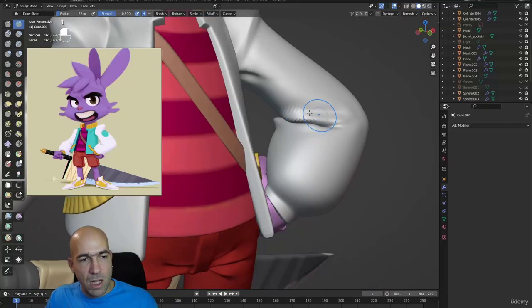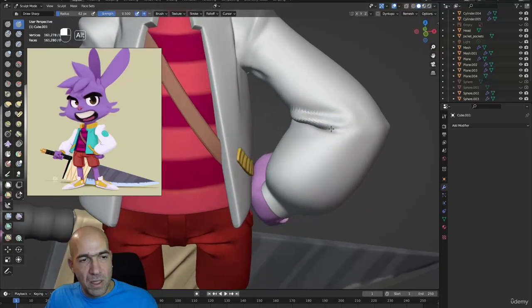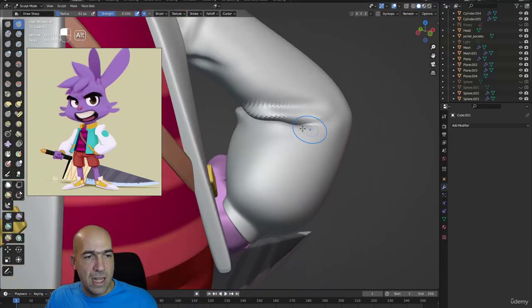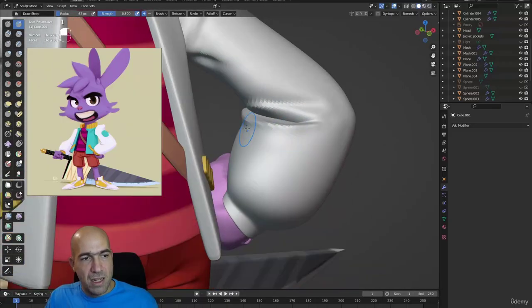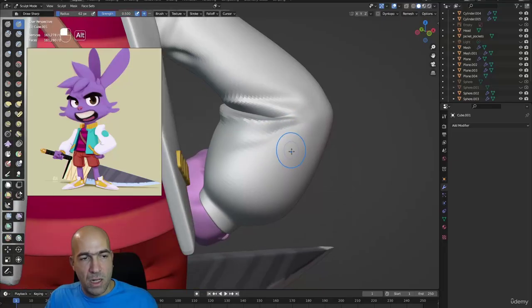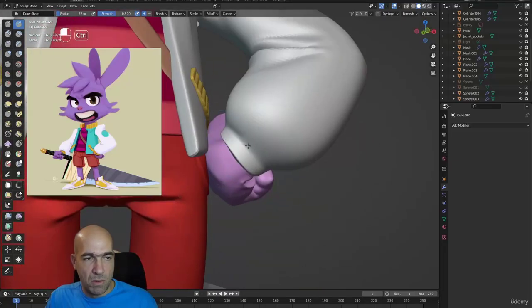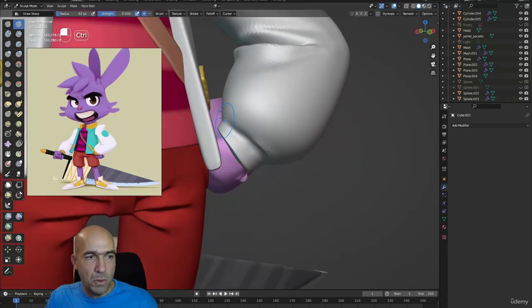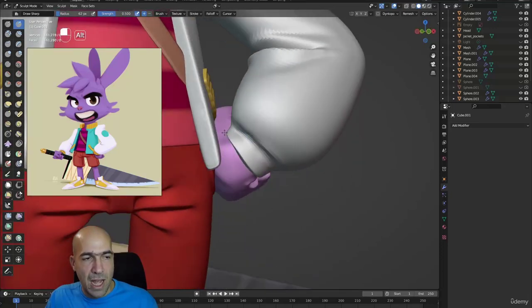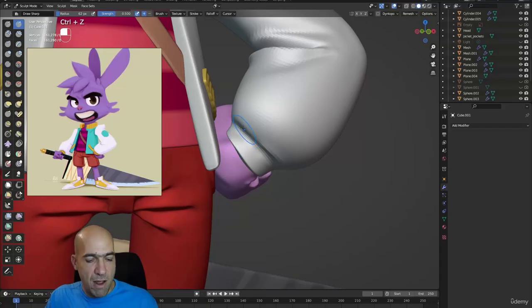If you make a fold, then inflate it, then sculpt it again until you have a nice result. It's not gonna be easy. It will take time, but at the end the result matters. Doesn't matter how much time you have put in. The end result is the most important one. So spend time, put time onto the folds, onto the hands, the arms, everything has to look as